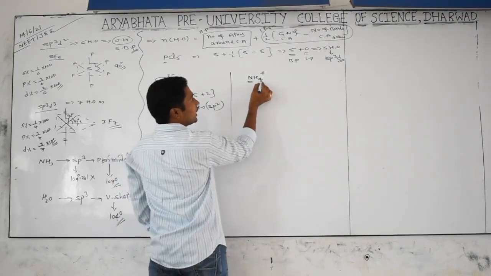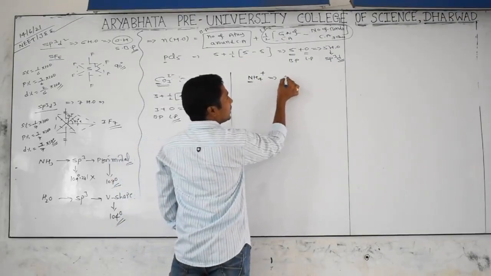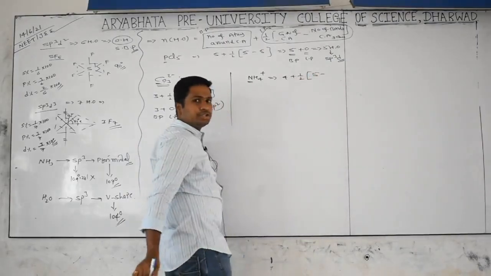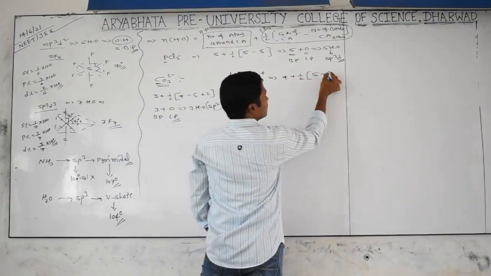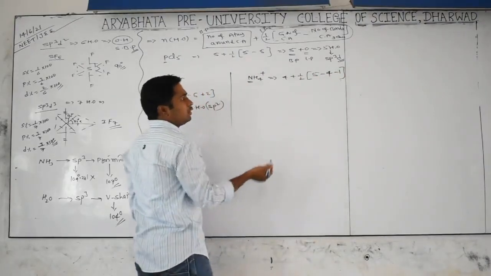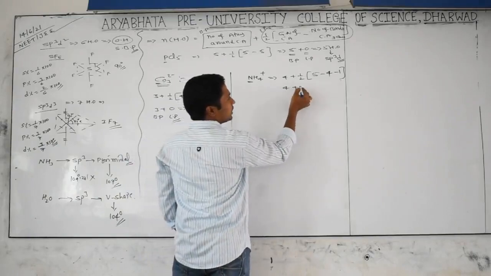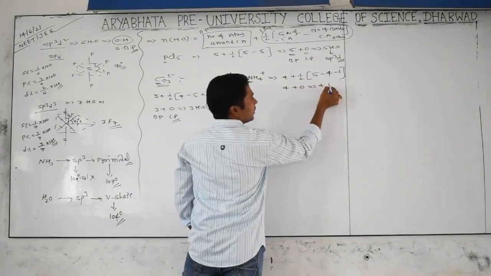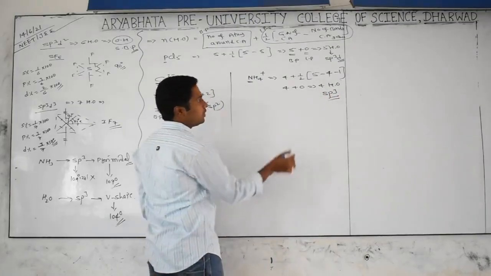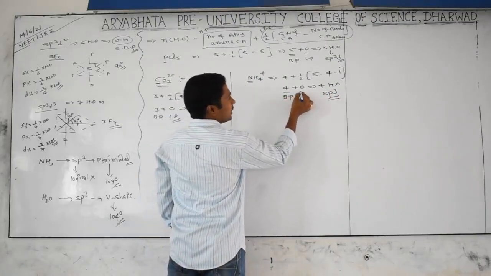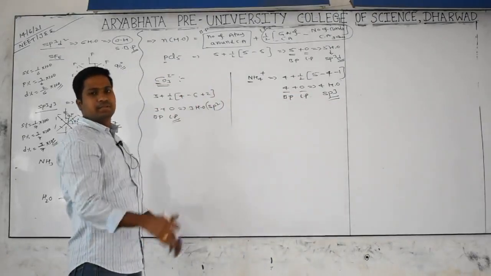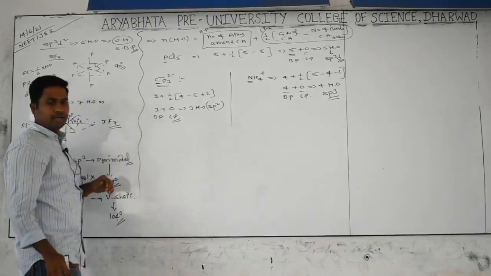For example, NH4 plus. How do you find the nitrogen hybridization? 4 atoms plus half group number of nitrogen, 5. Each hydrogen has 1 bond, 4 hydrogens 4 bonds, and the plus charge is written as minus 1. So 4 plus 5 minus 5 is 0. We want 4 hybrid orbitals, which means sp3 hybridization. 4 bond pairs and 0 lone pairs. Plus means minus, minus means plus in the formula. Did you get it?